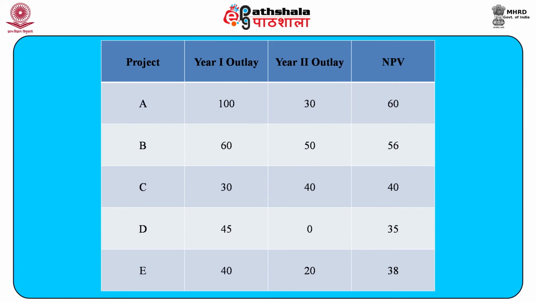Formulate the above as an integer programming problem for arriving at the optimal mix of the projects. You are not required to solve the same. Solution. First, let us assume the decision variables associated with the projects are XA, XB, XC, XD, XE and XAD. The objective function will be maximize NPV equal to 60 XA plus 56 XB plus 40 XC plus 35 XD plus 38 XE plus 104.5 XAD plus